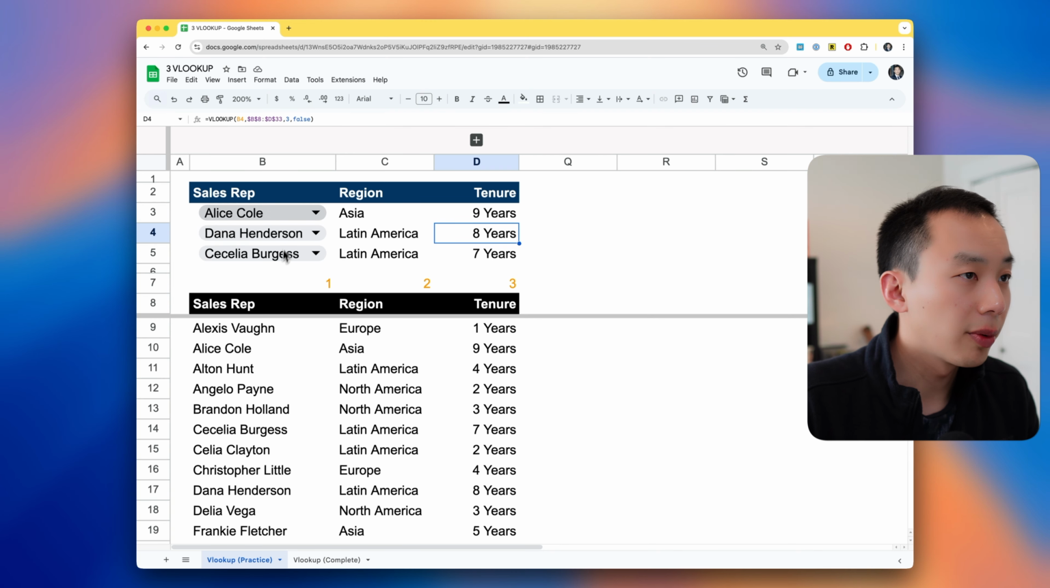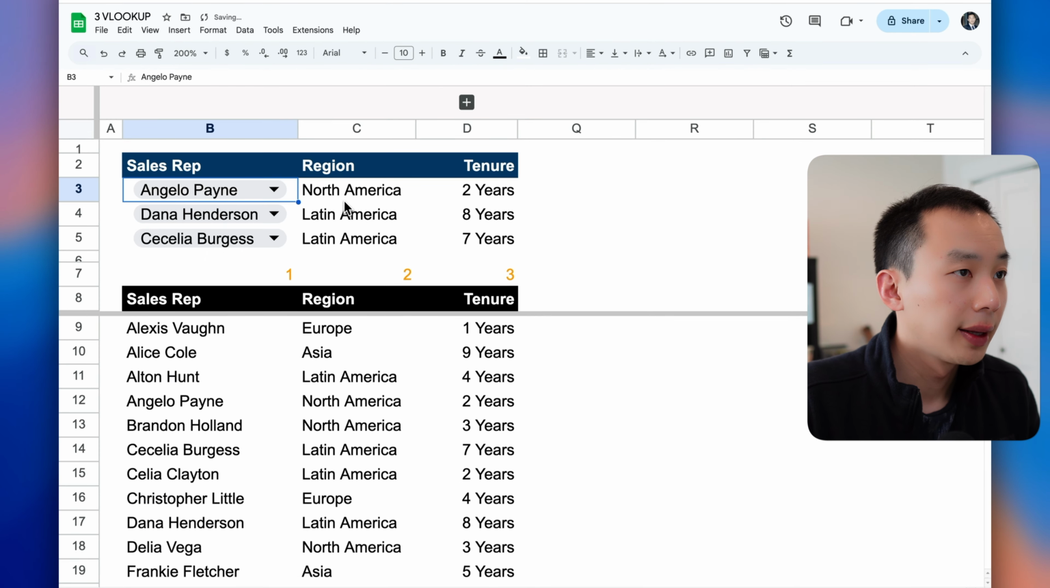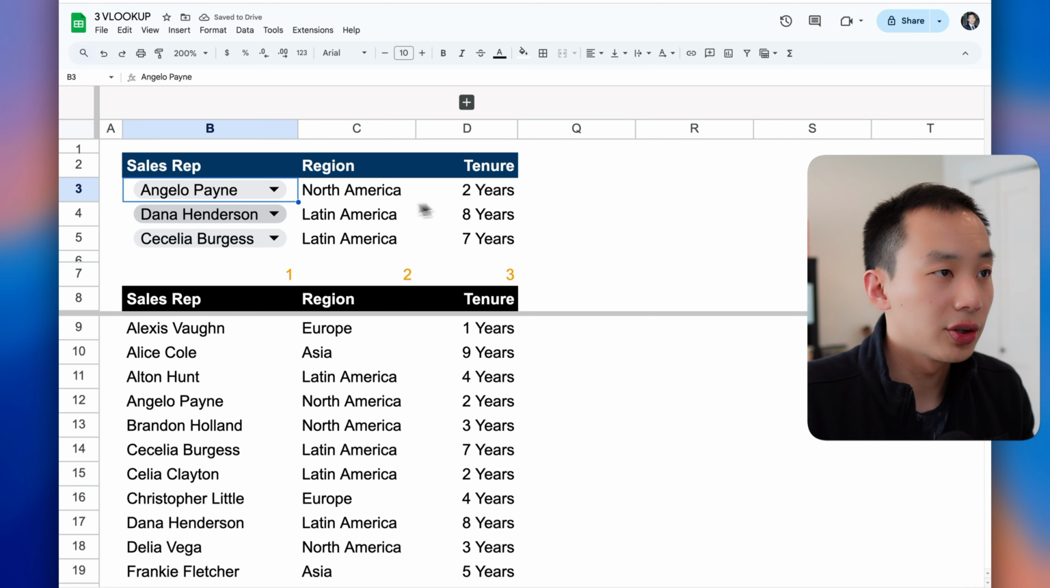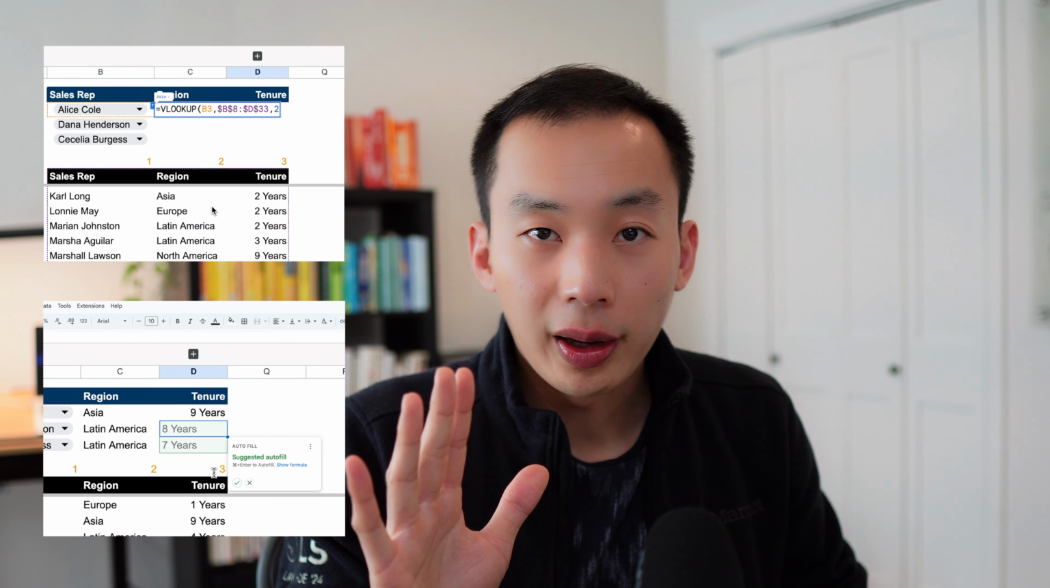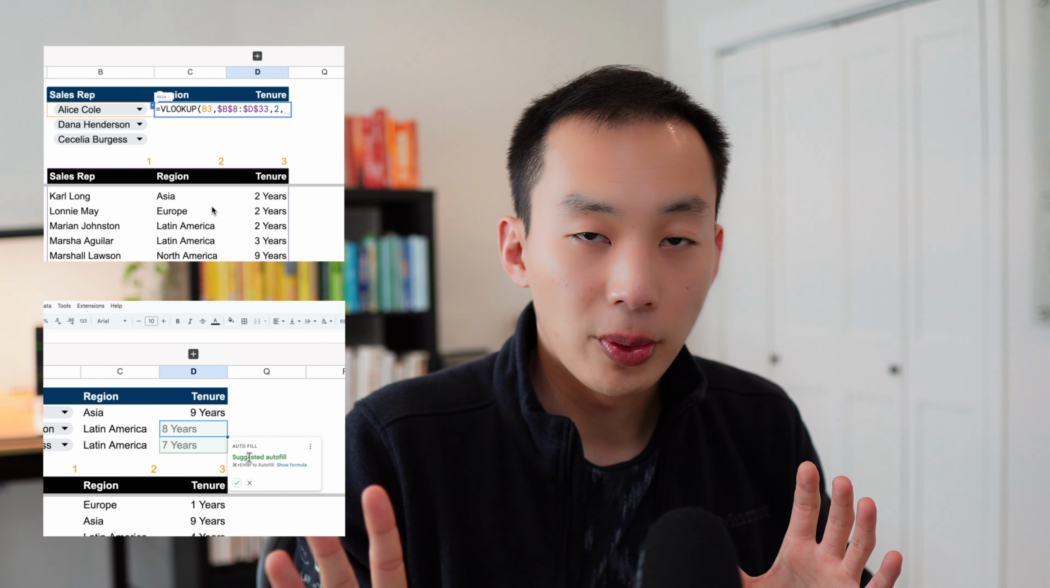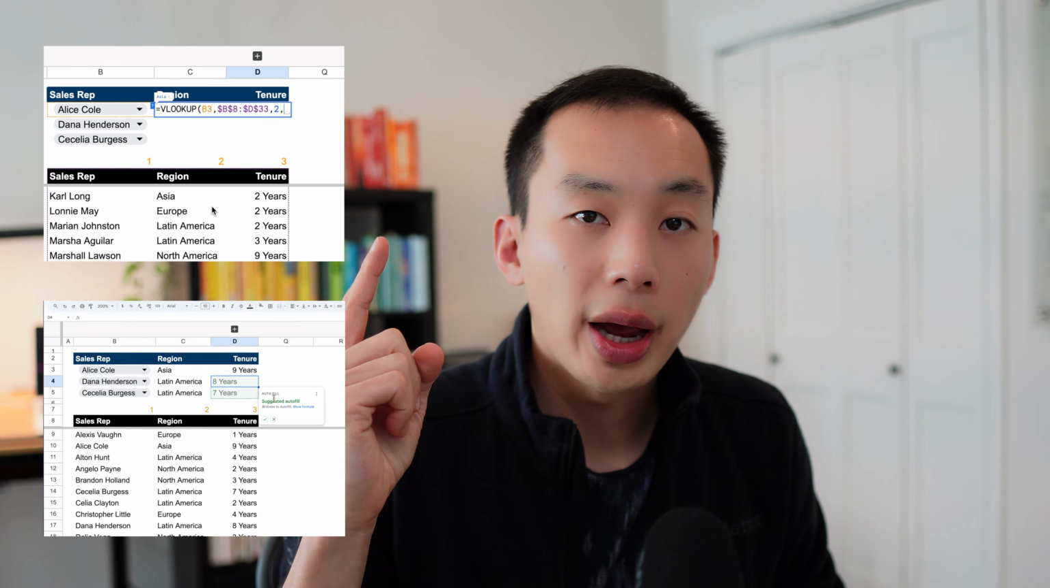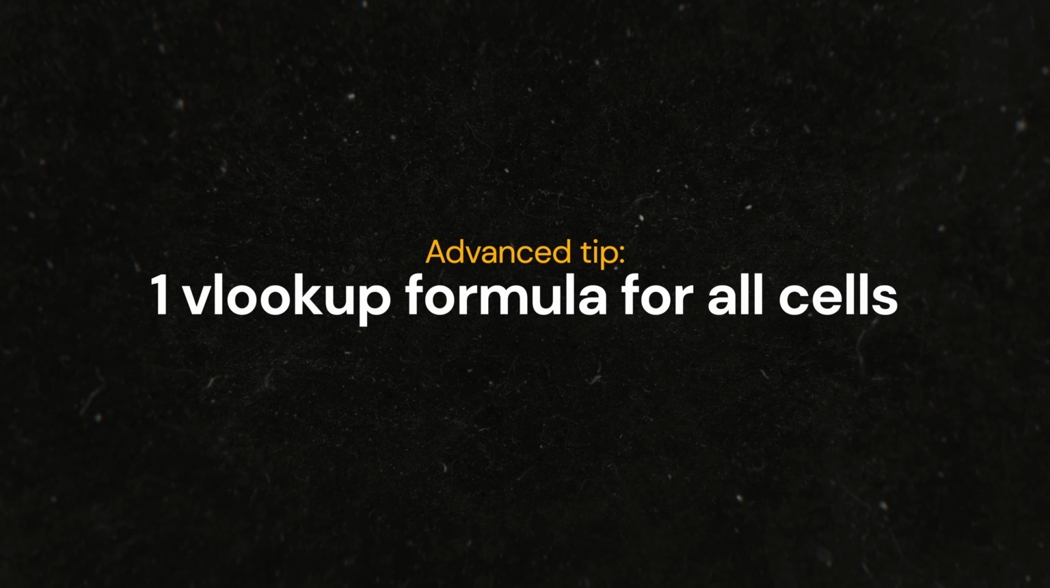If you change the name of the sales rep, you'll see that the region and the tenure information would update automatically. Now, I have one more tip for more advanced users. If you look at what we have done so far, you'll see that we'll have to write the formula a couple of times, copy and paste a bunch of different ways. There's a way to write only one formula that can be applied to all the cells so that you'll make sure